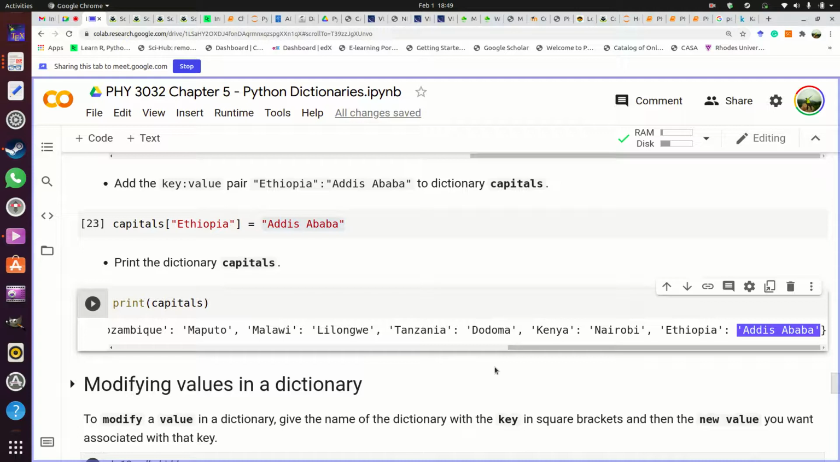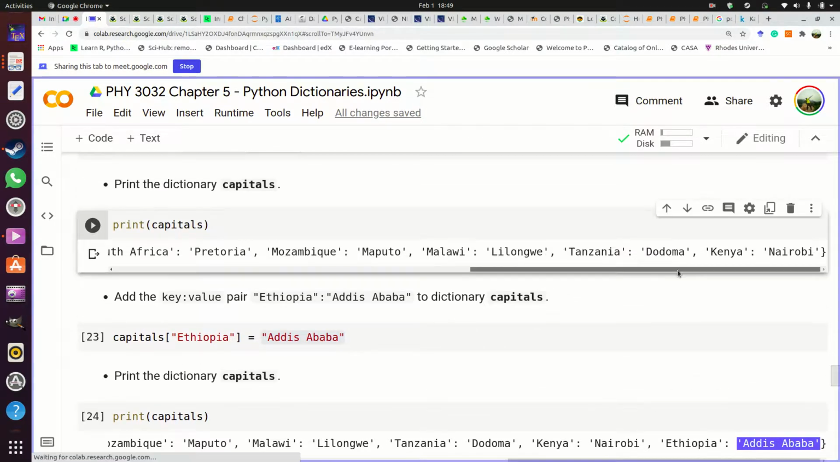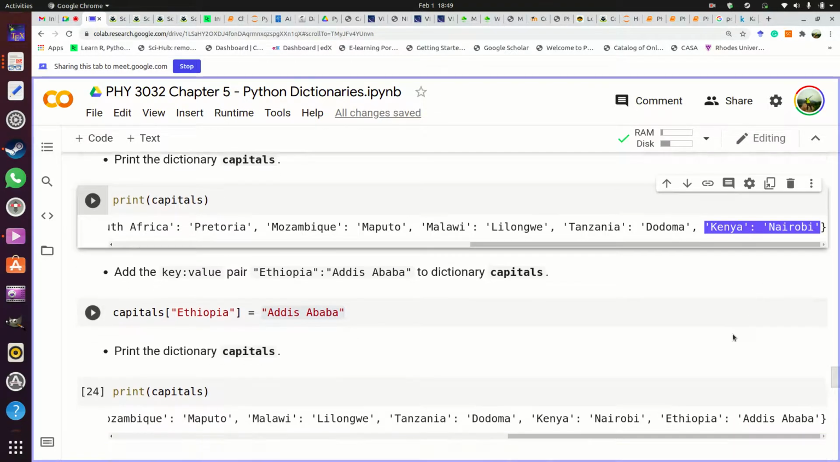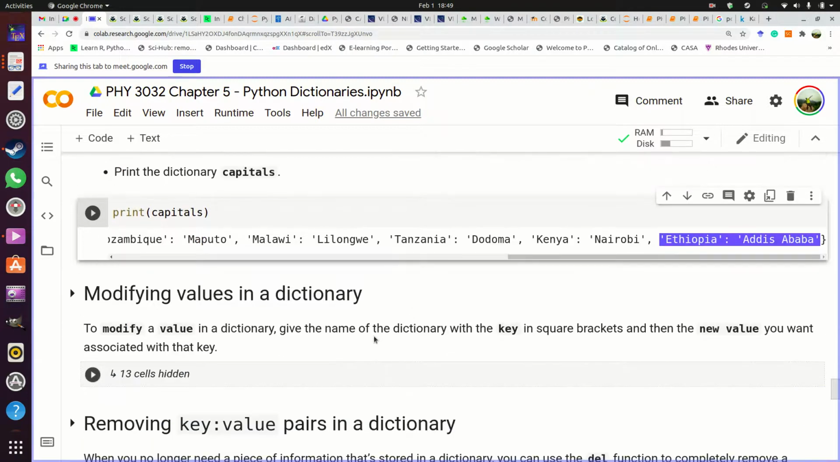Yeah. So, like these which have just been added, the first one that was added is followed by the next. They are being added to the end of the dictionary. There, Kenya, Nairobi, added at the end. Ethiopia, Addis Ababa, added at the end, like that. Okay, so that's how you add